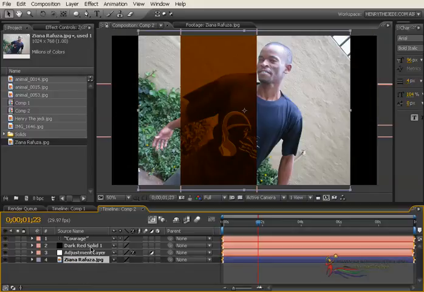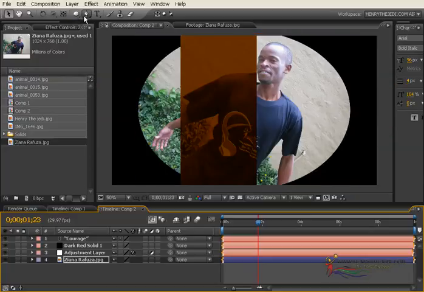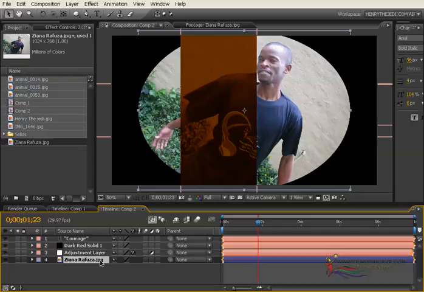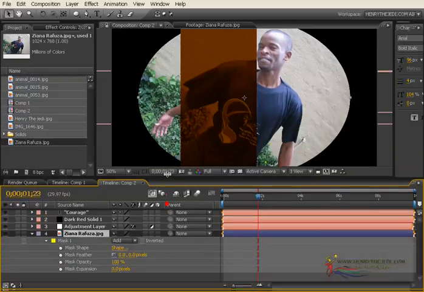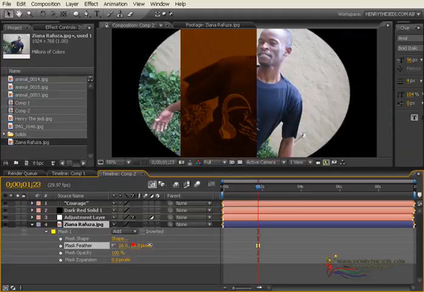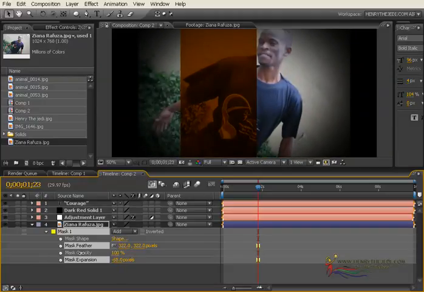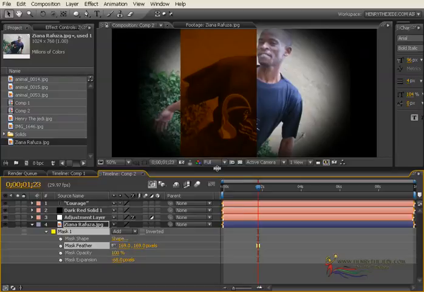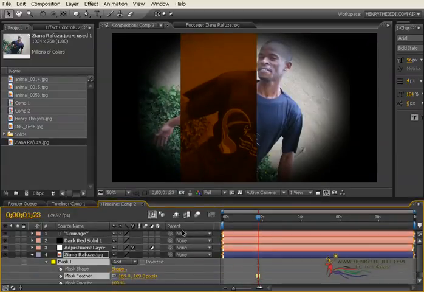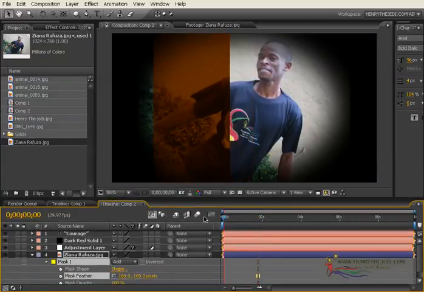We select our Gianna's layer, and then we double click on the elliptical mask tool once more to give us an elliptical mask. Press MM once more to bring up the mask settings, and then we're going to increase the feather like that, and reduce the expansion a bit so that again we focus more on him, of course. Yeah, and of course, doesn't he look so awesome in the Henrythejedi.com t-shirt?